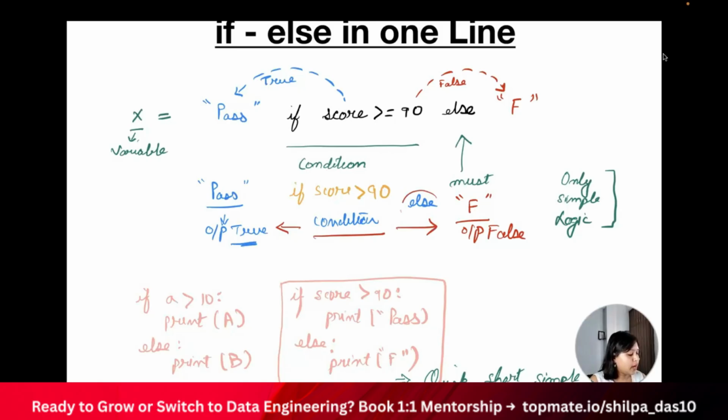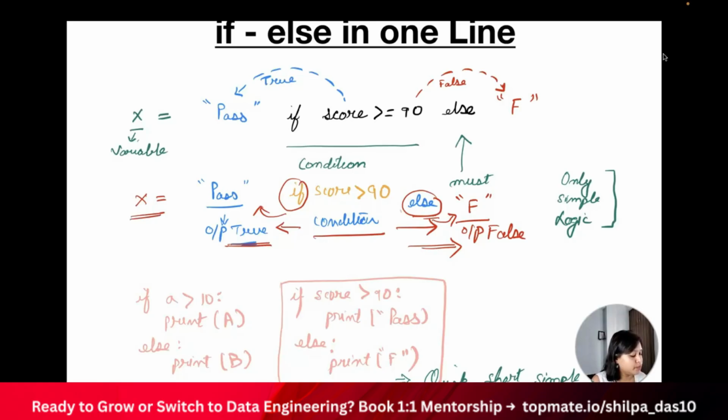So you have this else keyword and the output, and this if keyword and the output. The output of the if statement will be on the left side if the condition is true, and the output of the else statement will be on the right side in case the condition is false, right? Now the interesting thing is you can put it inside a variable, as I was showing here.